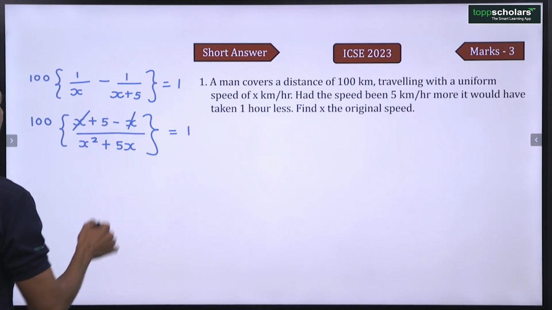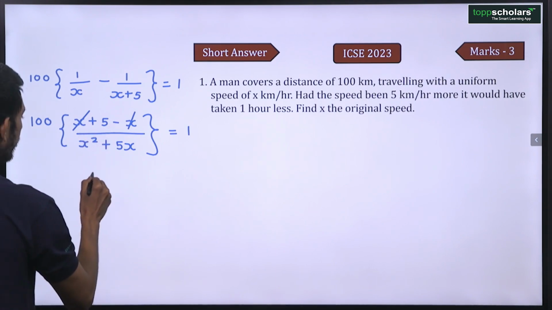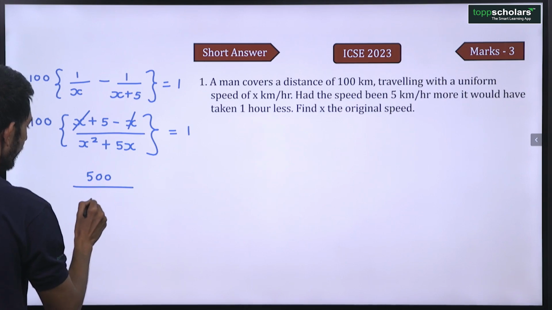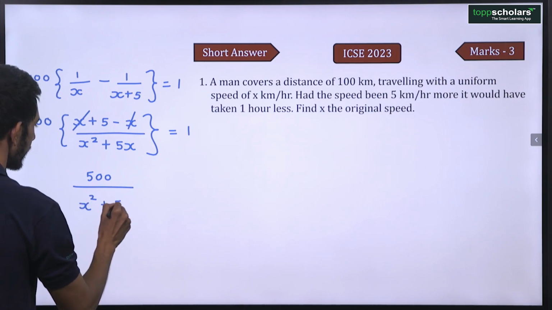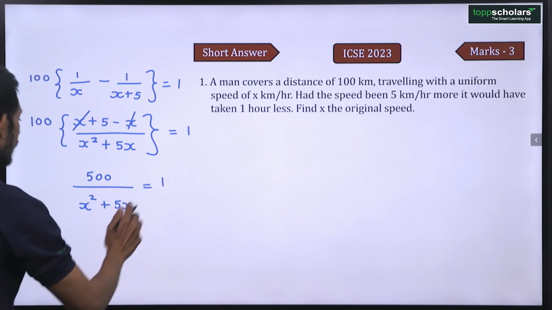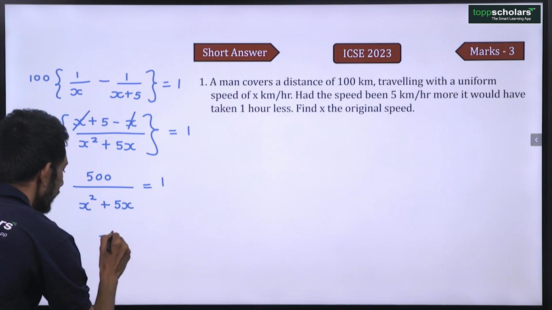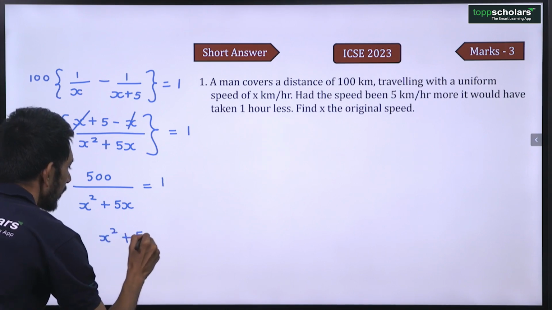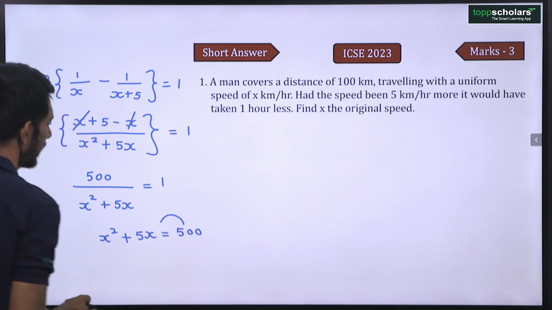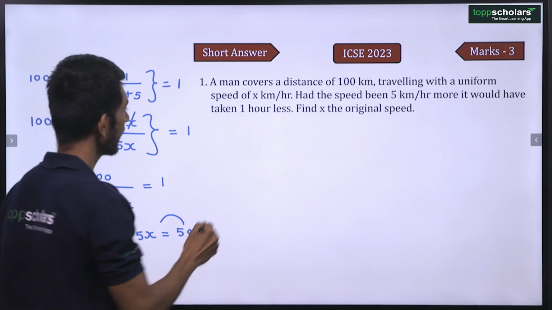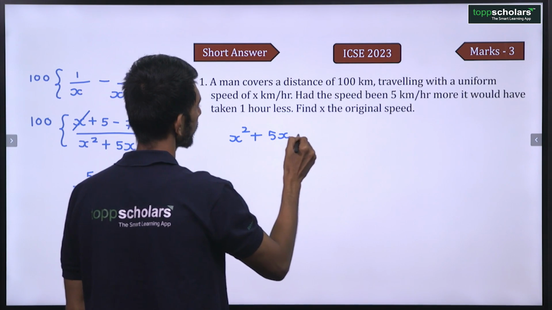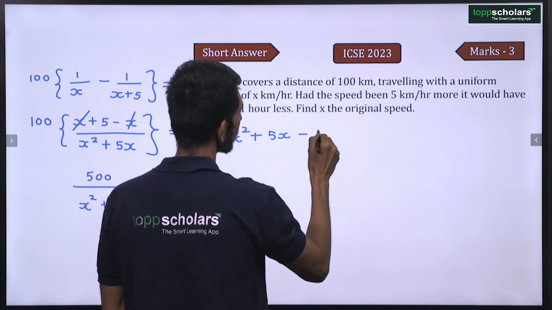So x and x gets cancelled. 100 into 5 is 500. So 500 by x square plus 5x is equal to 1. Take x square plus 5x there. So can I say x square plus 5x is equal to 500? Take 500 on the left hand side. So can I say x square plus 5x minus 500